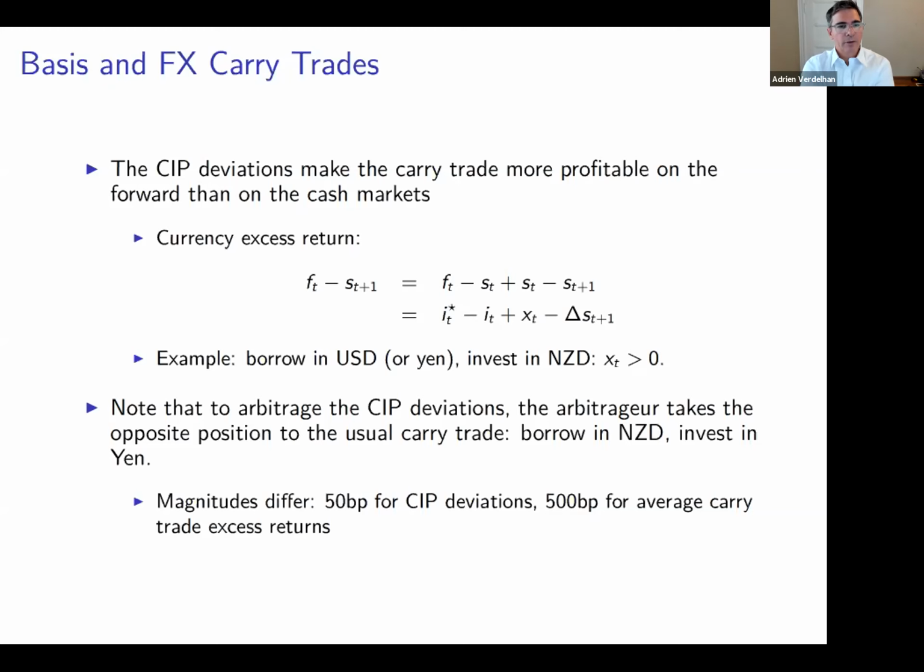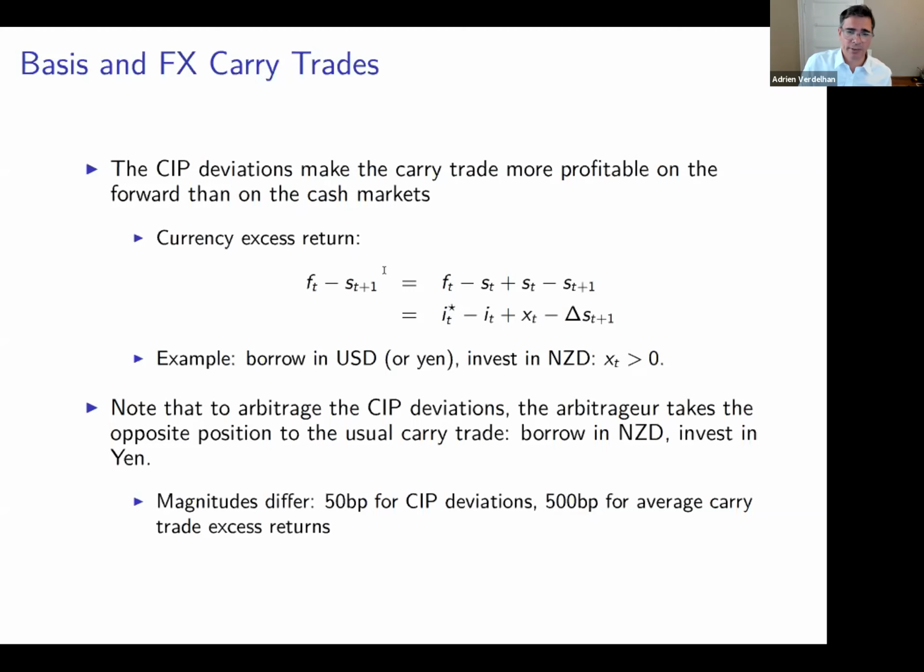So I can think about the currency excess return by borrowing in the US at the US risk rate, i_t, investing at the foreign risk rate, i star. That's how I presented it at the beginning. But there is another way to implement it, and that's what we did in the paper with Hanno and Nick. Think about buying a forward contract, not as a way to hedge, but as a way to take currency risk. So buy a forward contract at date t, F_t. This is a promise to receive maybe some yen at the end of the month and convert those yen into US dollars. You have here an excess return.